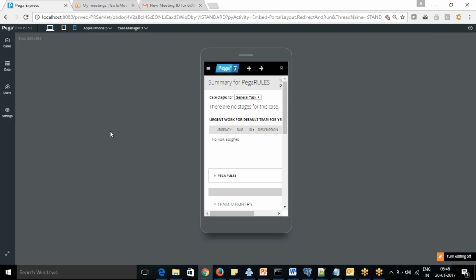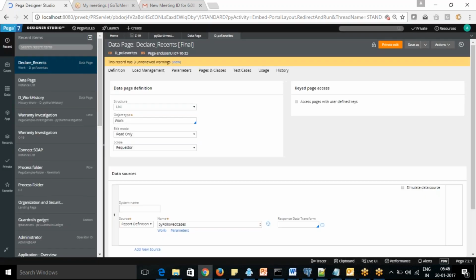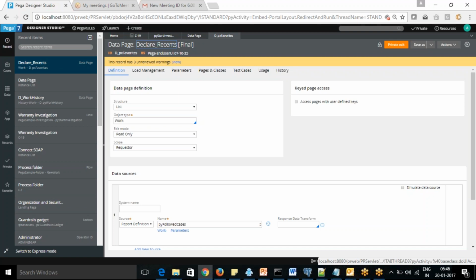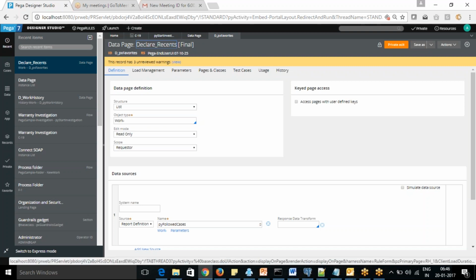If you want to go back to Designer Studio, you click again and it will take you back. This feature was not there in previous versions. Before 7.1.9, Pega Express was not there; till 7.1.8, only the Designer Studio was there.